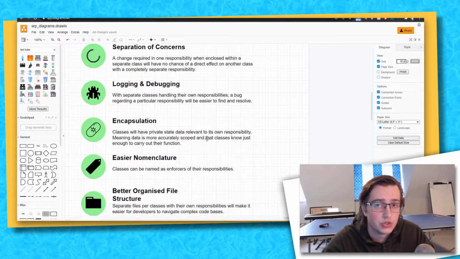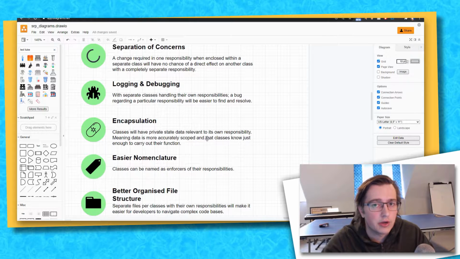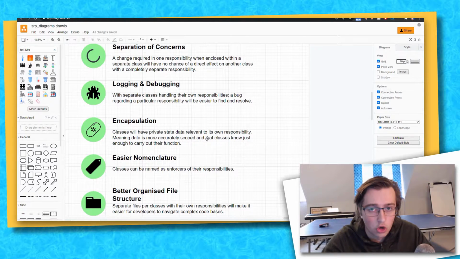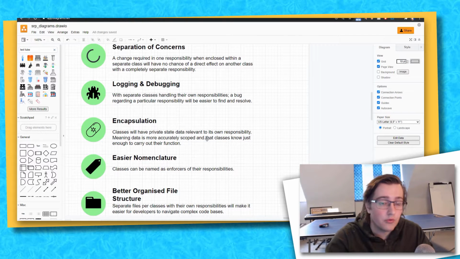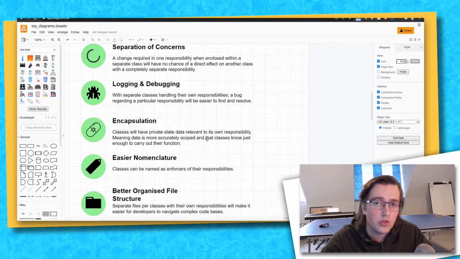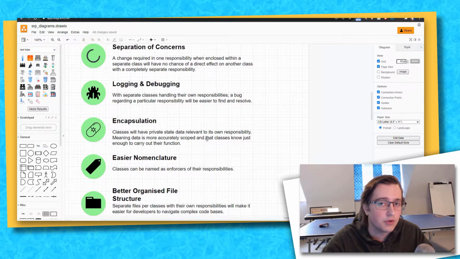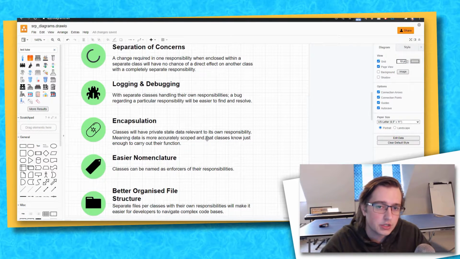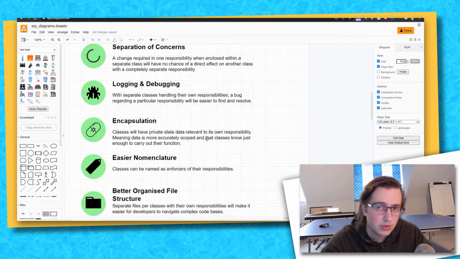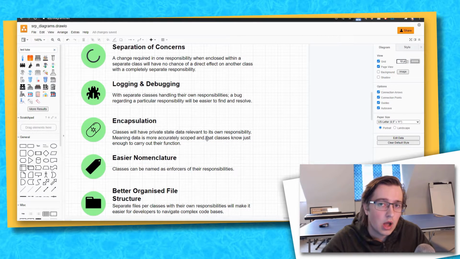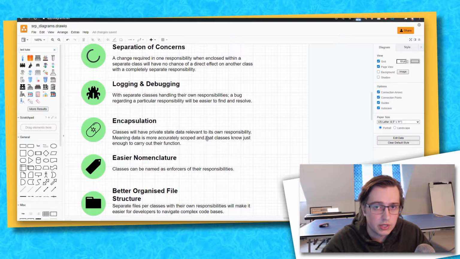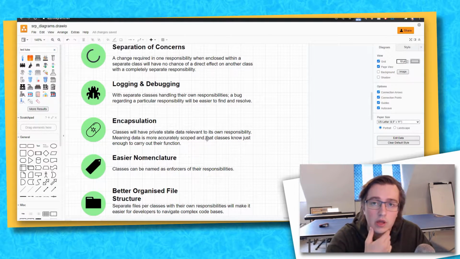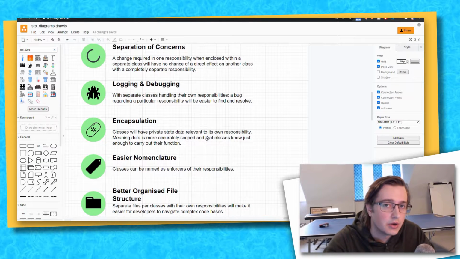Encapsulation, also a benefit with the single responsibility principle. It basically ensures that your classes know just enough to carry out their responsibilities and avoids that anti-pattern of the God object, where if we look at our burger joint example, the burger joint robot was handling everything and it knew too much, thus we fell into the anti-pattern of the God object. Here, with the single responsibility principle, we know that our classes will be encapsulated with private state data for example, for the different tasks they need to carry out, and that they know just enough to carry out their responsibility